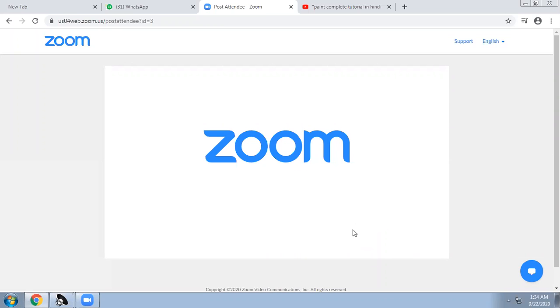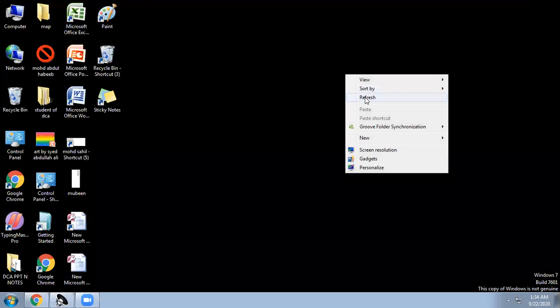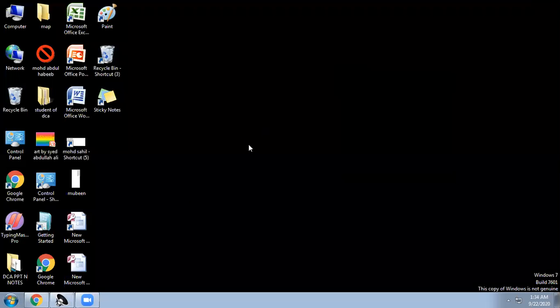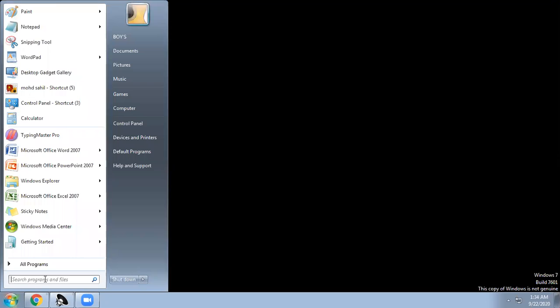So I will show how to open Paint from here. Generally this is the desktop of our computer. We have the start button here. Here we have the search programs and files box.